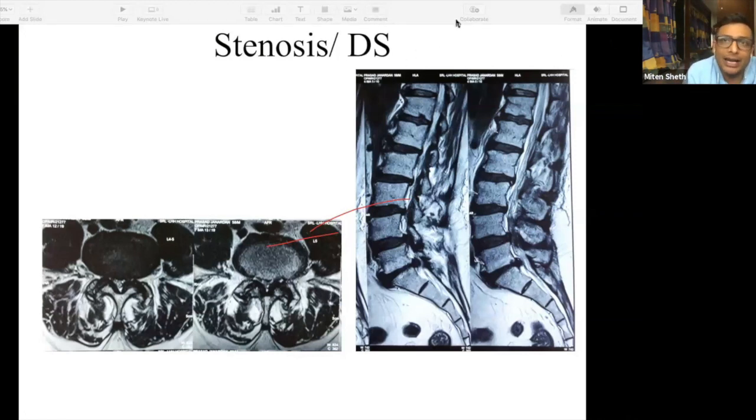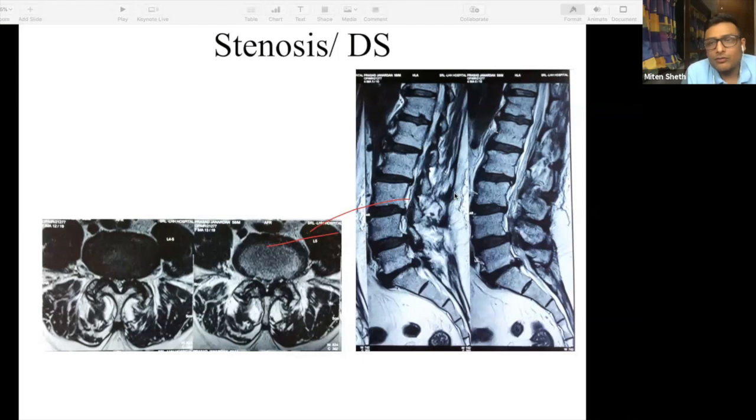So what you have to do, again, is identify the T2 weighted image, then look at the mid sagittal T2 weighted image, not the parasagittal image. You see the difference between the mid sagittal and parasagittal. In mid sagittal you are seeing the entire spinal cord, but here you are not seeing all of that, so this is parasagittal. Once you see that, you have to see the place where your cord is getting compressed. Here you see, something is wrong here, something is wrong here, but all of this is looking fine.